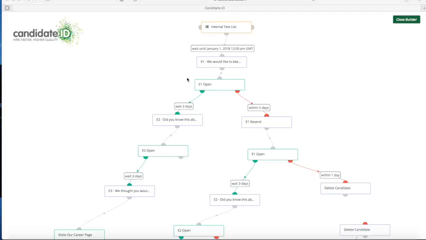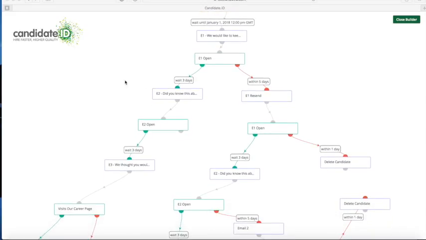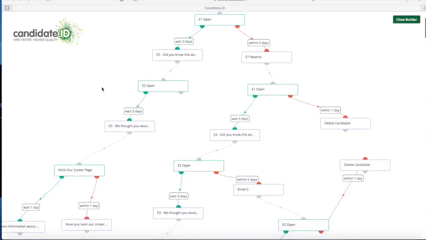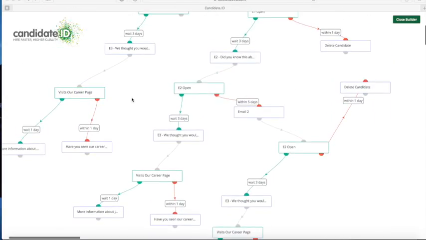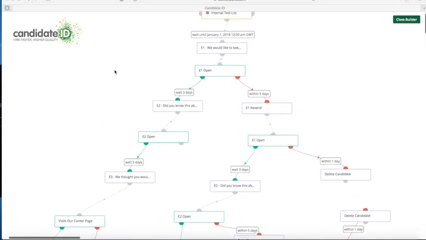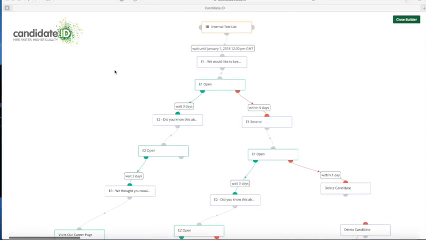This might look at first glance like a Candidate.ID Christmas tree, but actually what you're seeing here is the beginning of a fairly complex nurturing and candidate engagement campaign, which not only will automatically keep in touch with the candidates who you push into the campaign over a period of time, which can be as long or as short as you want it to be,